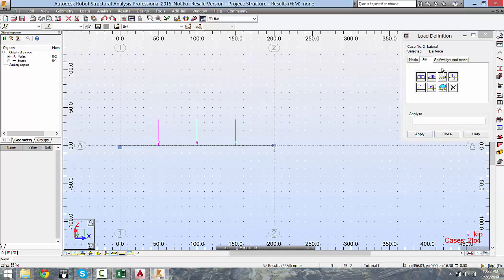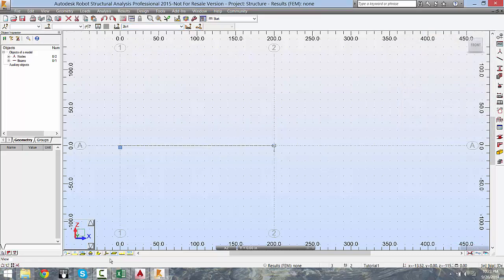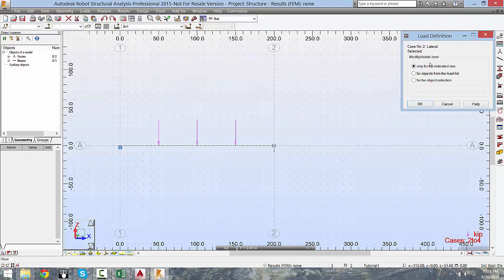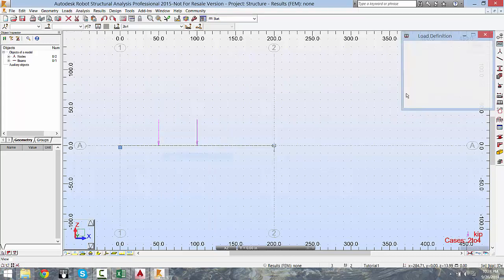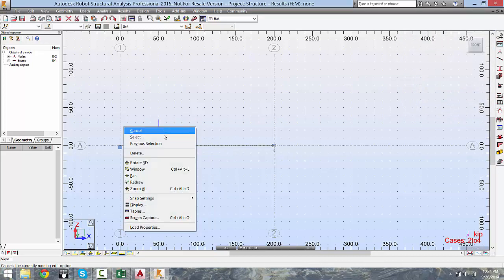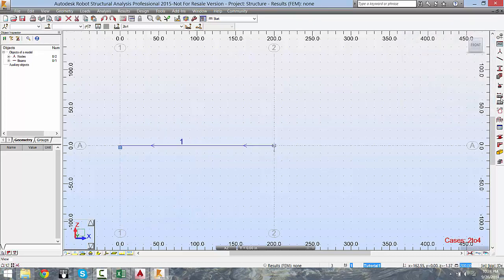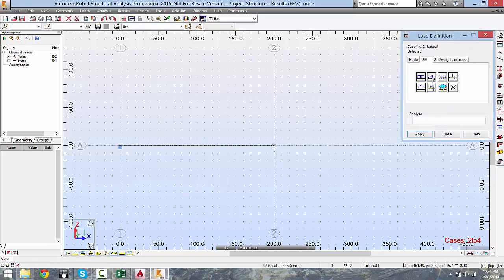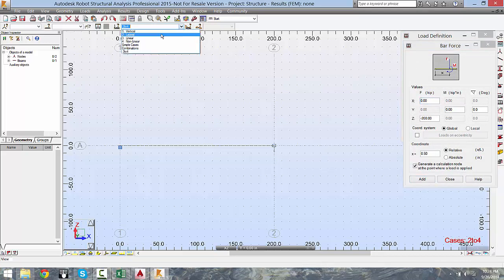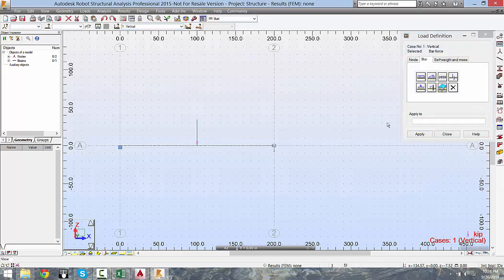Okay. And, sorry, my bad. We're going to have to delete all those. It's not showing up the load, so I just click that little button down there, right click, delete for objects from this load list. And then delete. So I am deleting those because I put them on as lateral load, which I never wanted to do. I wanted them to be vertical. So negative 200, add, bam. Okay,